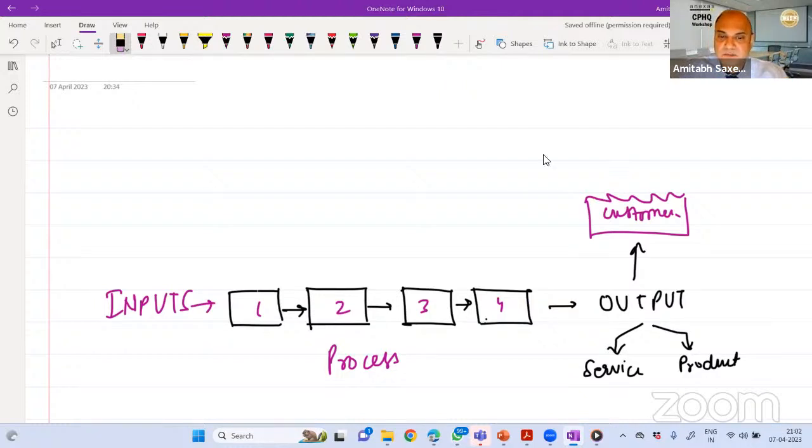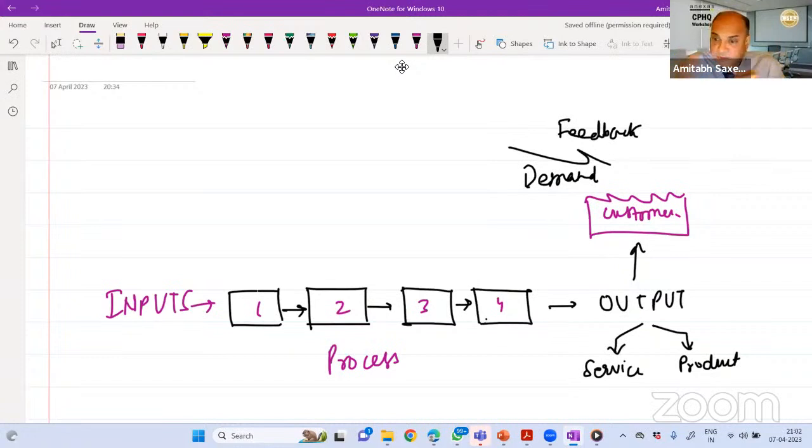Now, these customers have something to say. So you have feedback from the customers. And sometimes you can also have a demand from the customers, not necessarily verbal demand, but, for example, during COVID-19, we could predict the demand of healthcare services in our city or by our hospital. So you have to predict the demand of the services provided by you. And based on the feedback which you receive from your customers, and based on the demand predicted,